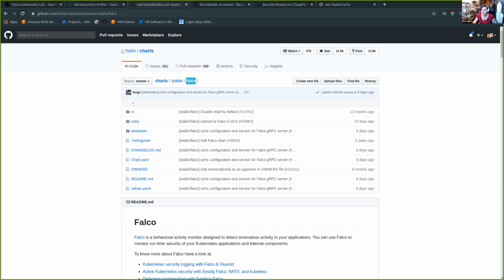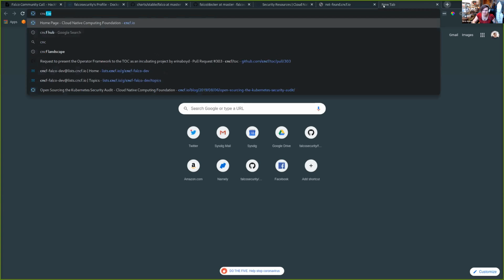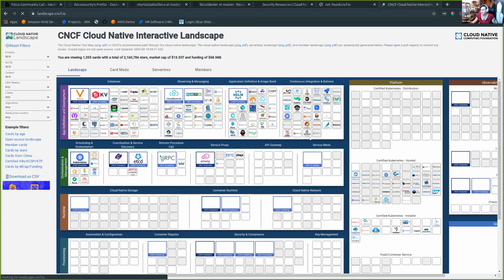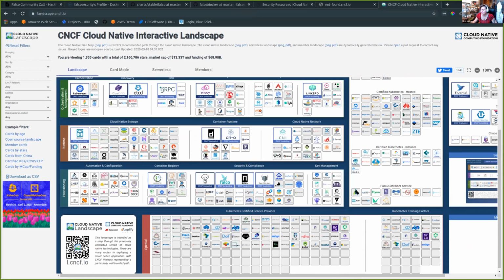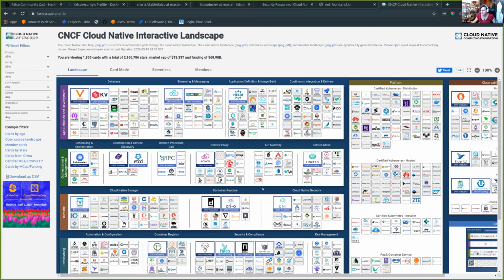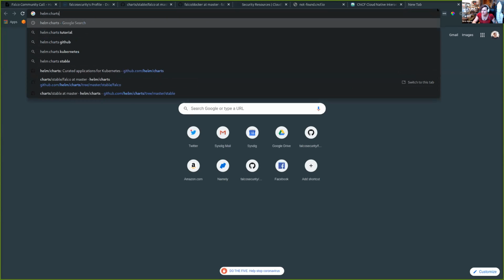One of the things that concerns me personally about having a global hub is if we go to the CNCF landscape and you look at the state of it today, there's a lot of things here. This is a bit overwhelming for a person to try to reason about and to find something useful out of. And even if you go to the Helm charts,